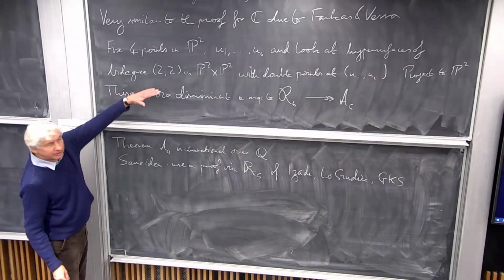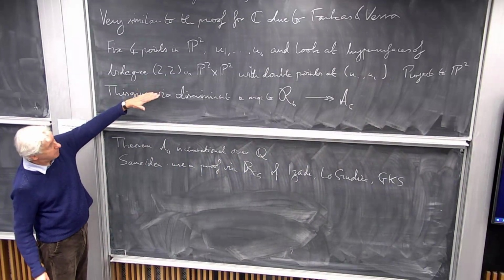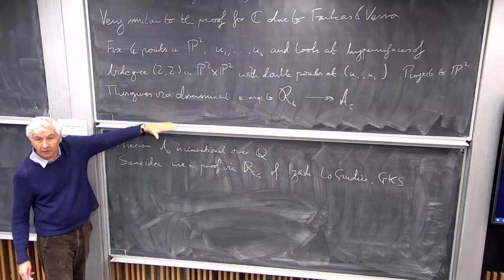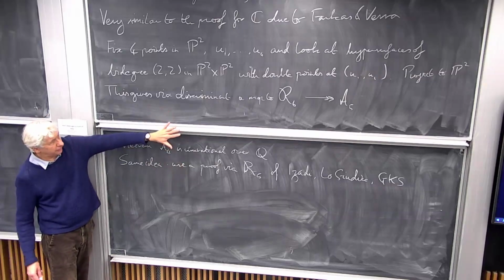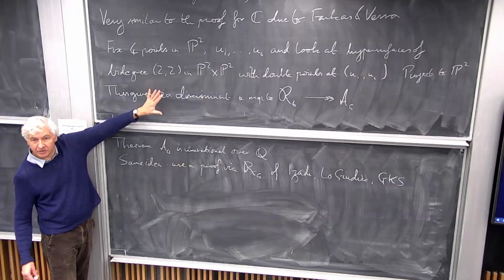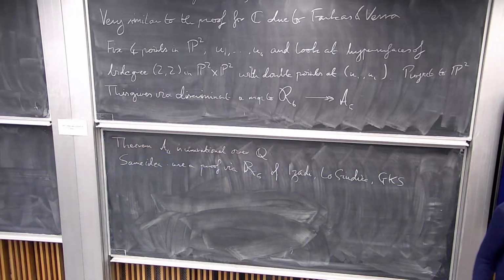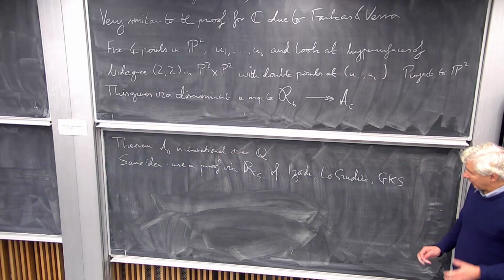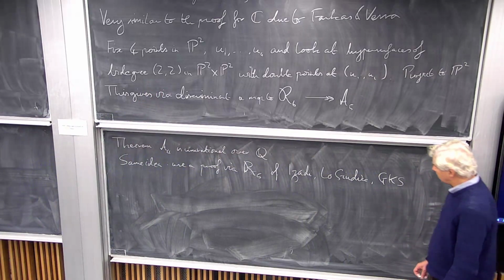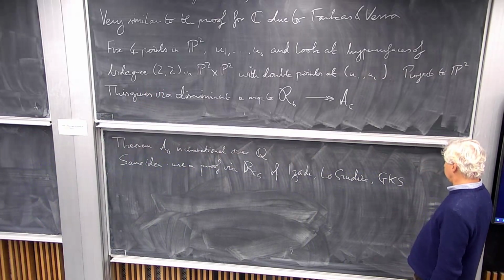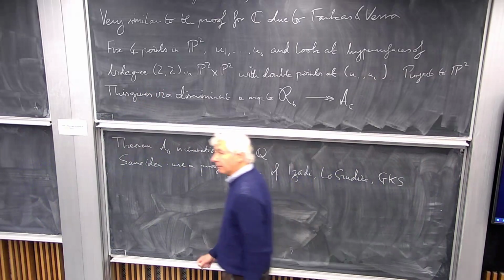So the proof is similar in spirit to this one. I won't give the details because I've no time, but you construct a conic bundle with the right properties. The construction is somewhat more complicated, and there's a little bit more care needed to check that everything works over the rationals. The point really being you get this covering space. It's not immediately obvious it's rational, but it's not hard. But basically, this works in the same way.